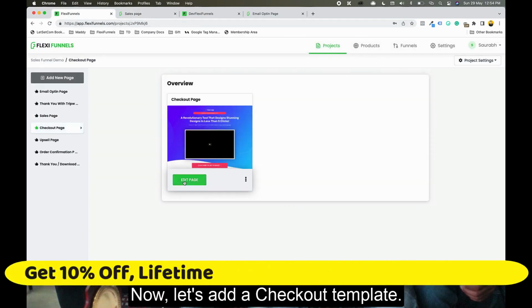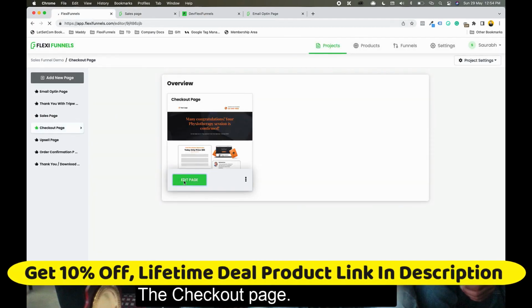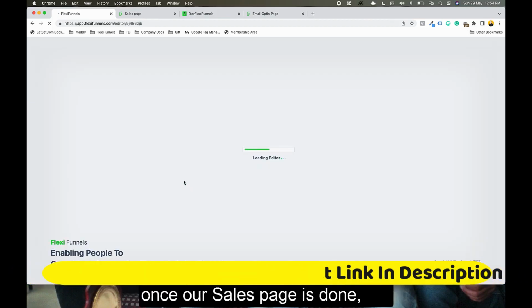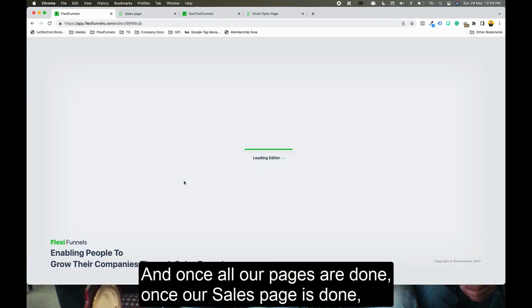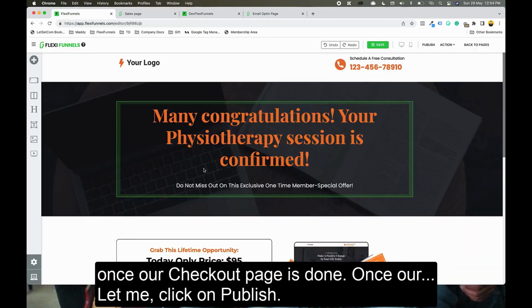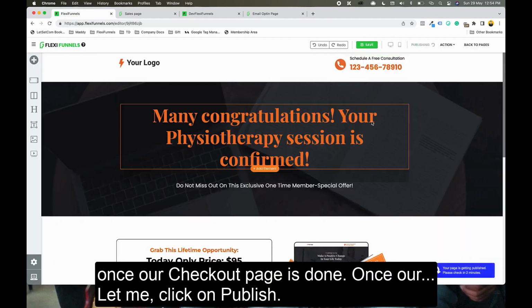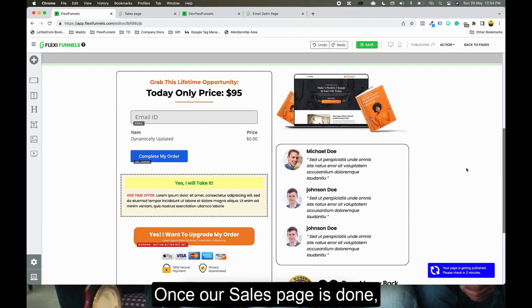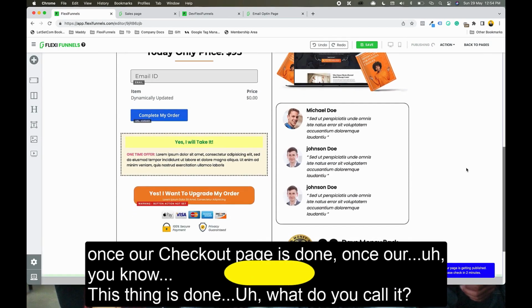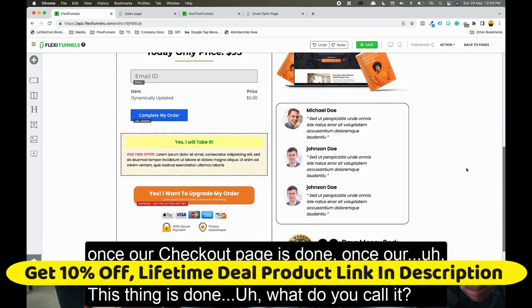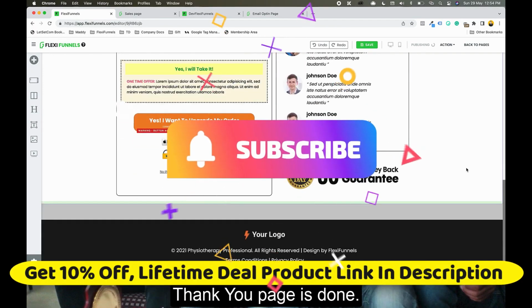Now let's add a checkout template. I mean, let's just publish the checkout page. And once all our pages are done, once our sales page is done, once our checkout page is done, let me click on publish. So this is good to go, right? Once our sales page is done, once our checkout page is done, once our thank you page is done, so after that we